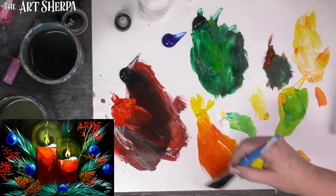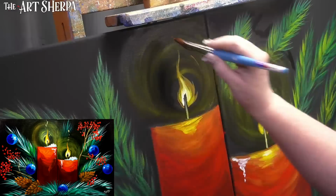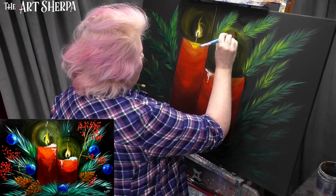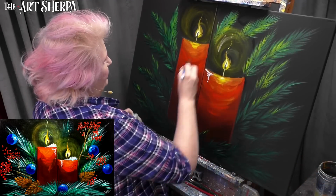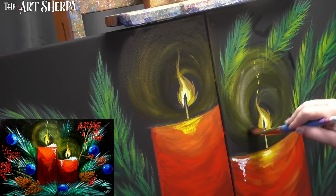Sometimes the glow is hard to see. Now I can also take this big brush and some of my glaze with a bit more orange in it and define that a bit more if I feel like. Too much white. Some white got in my brush. You know what I do? Blend it out. Do not panic, though. I just make it part of the...